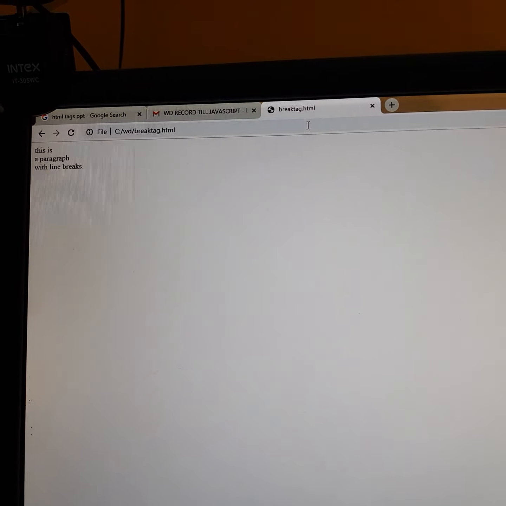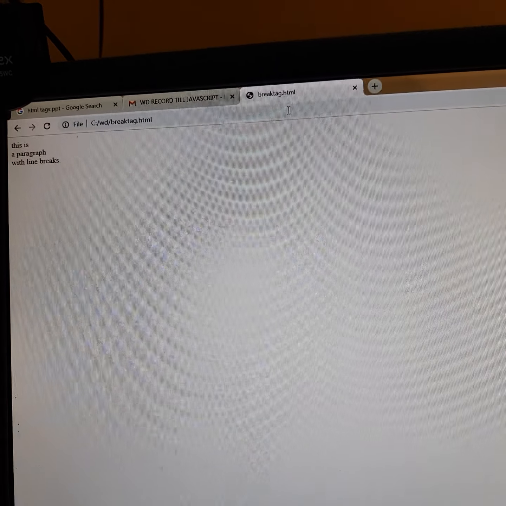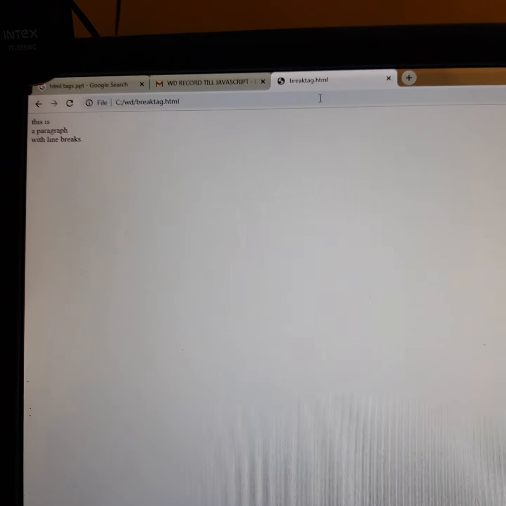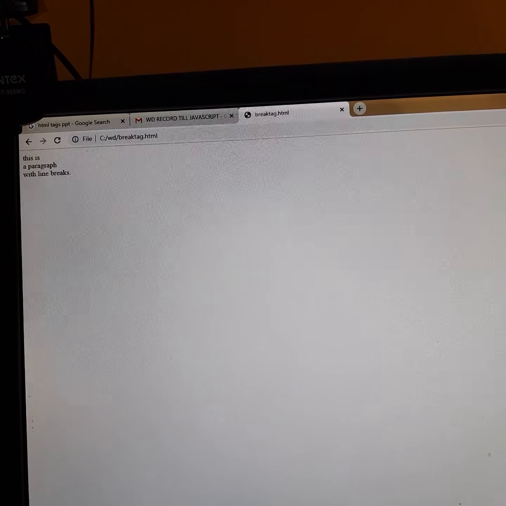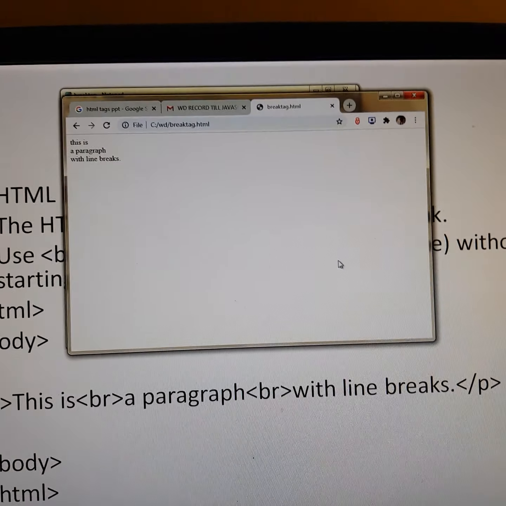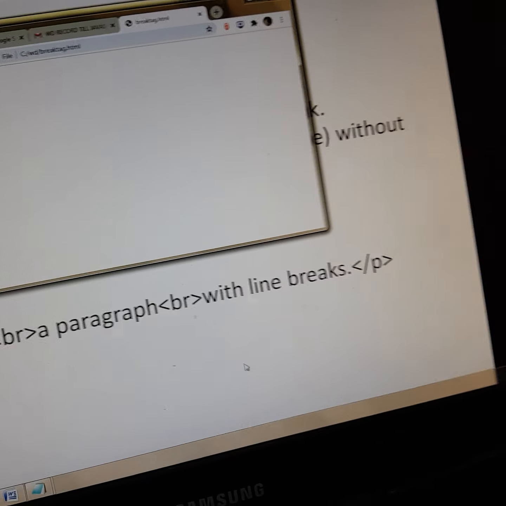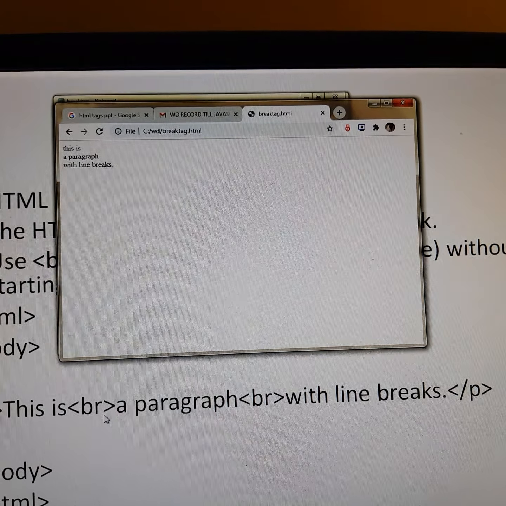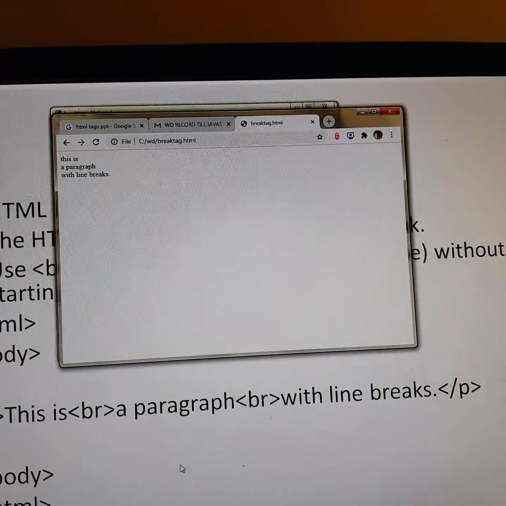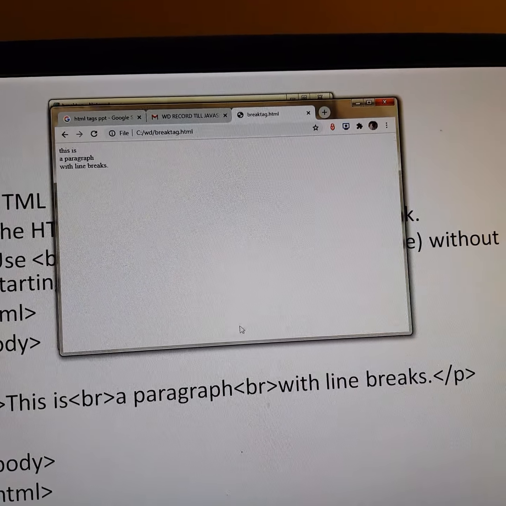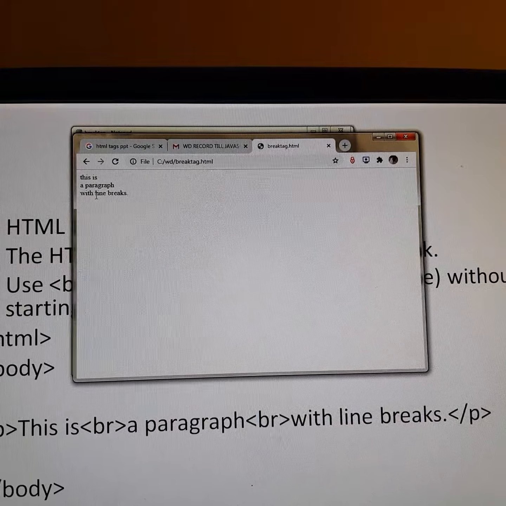This is after I have used br. See, this is br. So we got a break. Then we have written a paragraph, then break tag. So a paragraph, again we got a break tag.